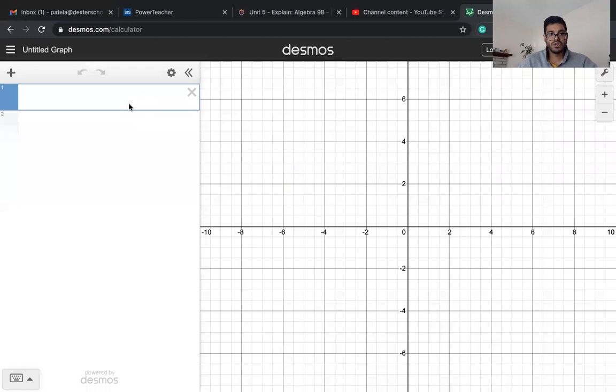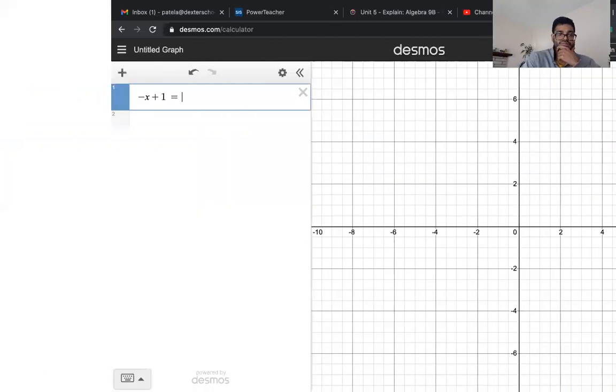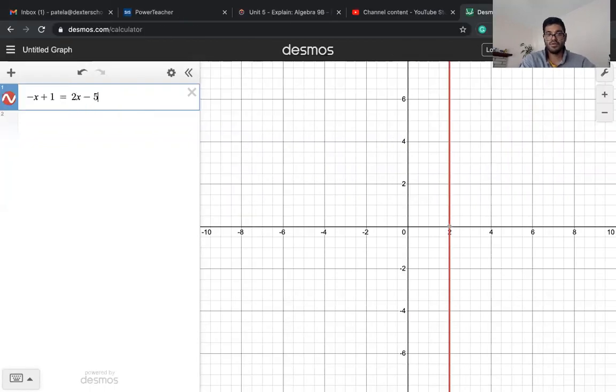So that first equation was negative x plus 1 equals 2x minus 5. And then if I break this apart,